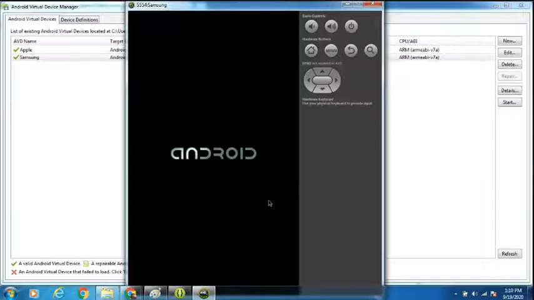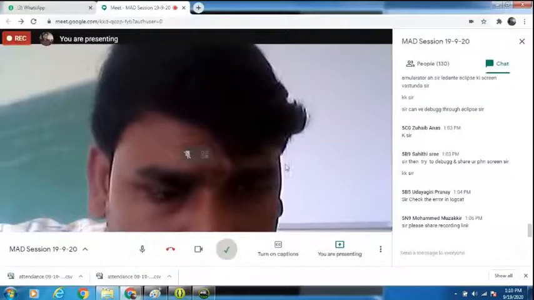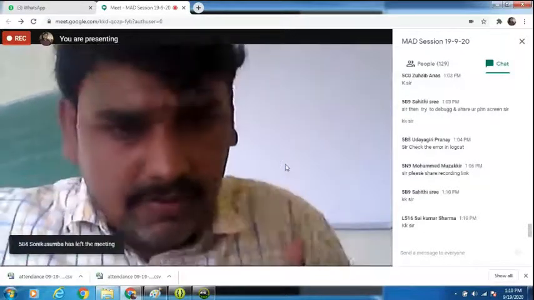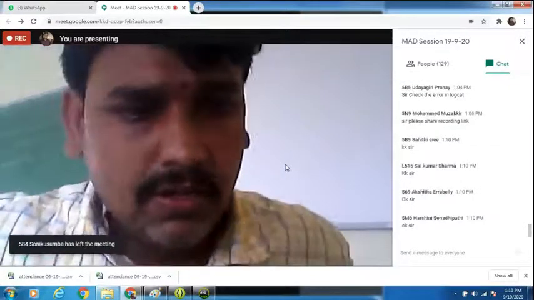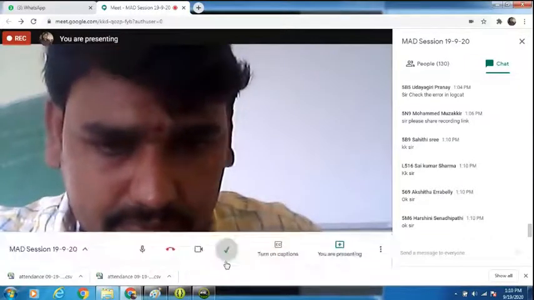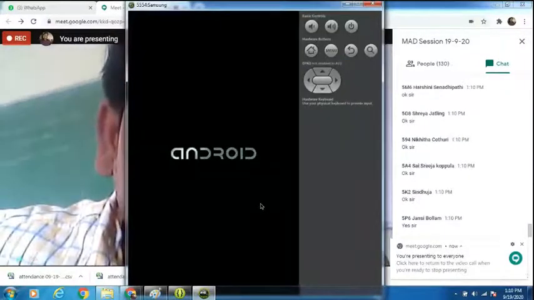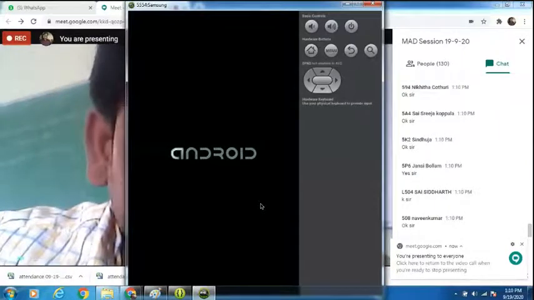It's taking so much time. From next class onwards, I will bring an Android mobile here. Instead of working in the virtual device, directly we shall work in our mobile. In the next class, I will bring my Android mobile. Instead of working in the emulator, directly we shall work in the Android mobile. It saves more time. The emulator always wastes time. We should have some patience while we are dealing with Android applications.